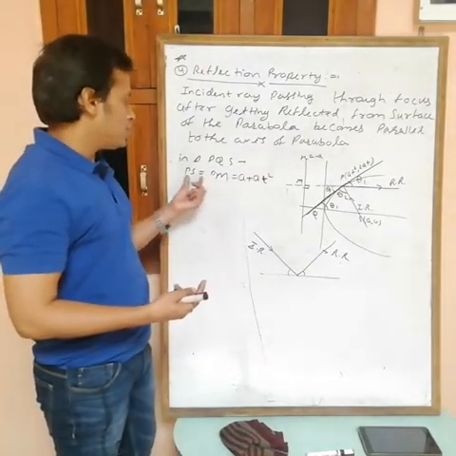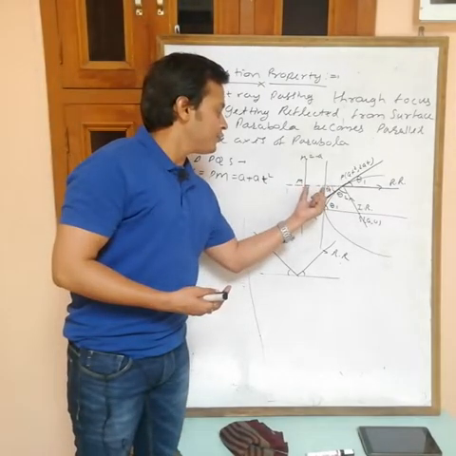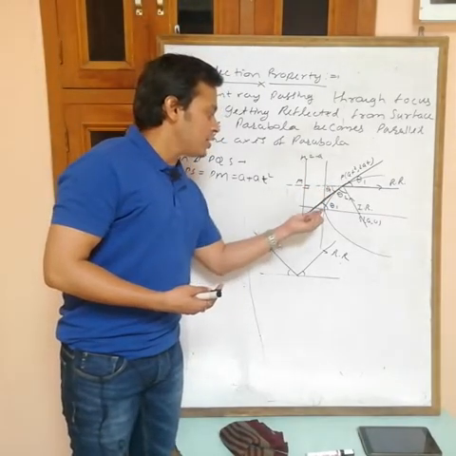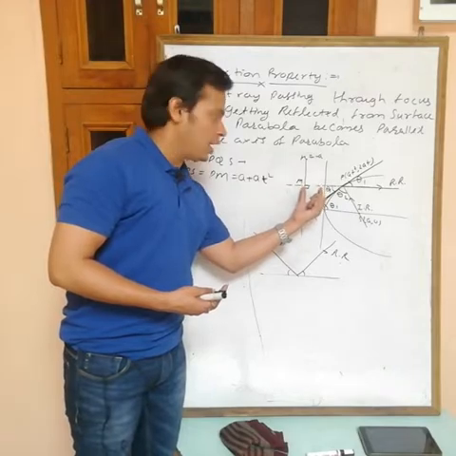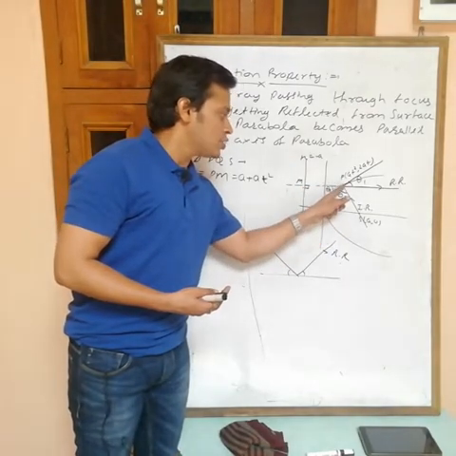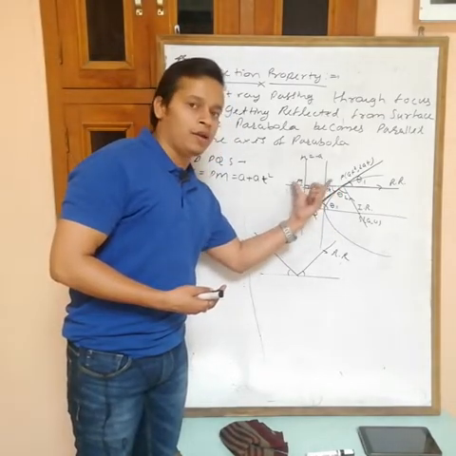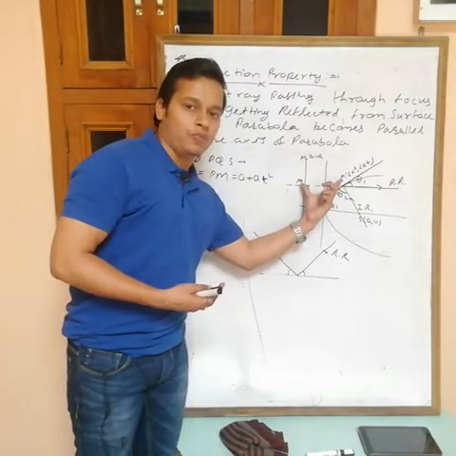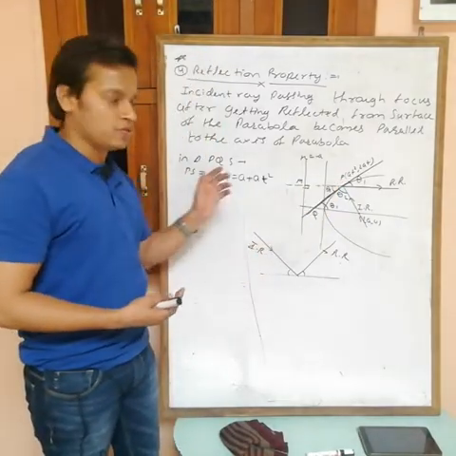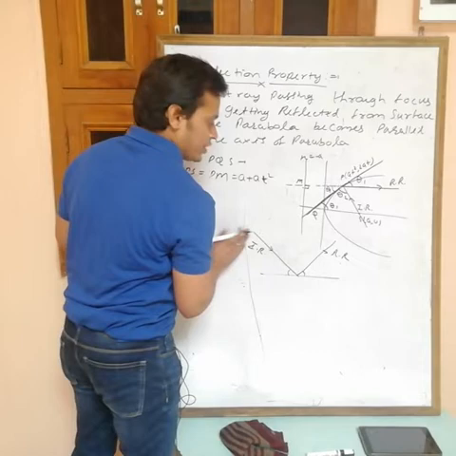See, PS is equal to PM. This distance, from x equals minus a to x equals 0, is a, and this point is (at^2, 2at), so x is at^2 and y is 2at. So this one is at^2. The total is at^2 plus a, plus at^2. Okay, now I want the distance QS.